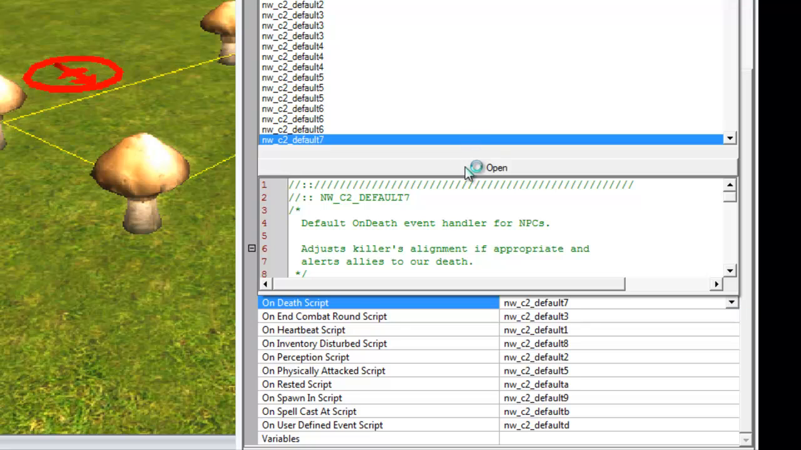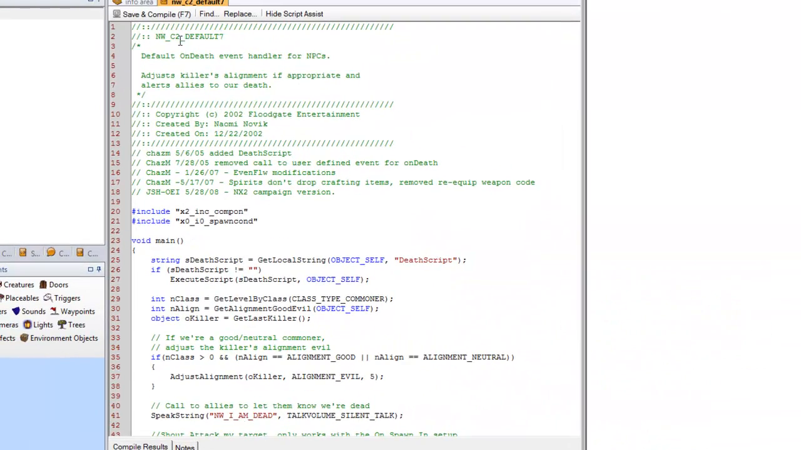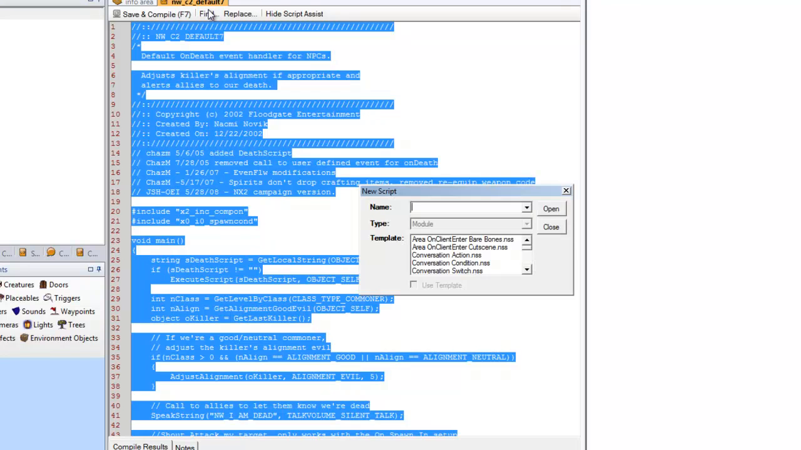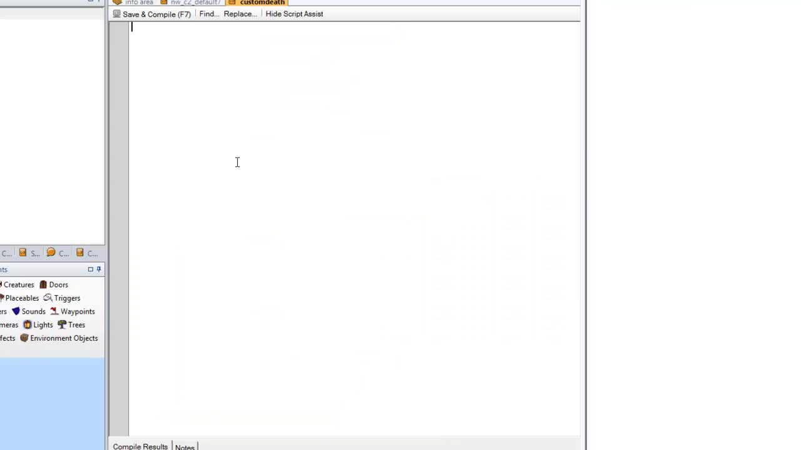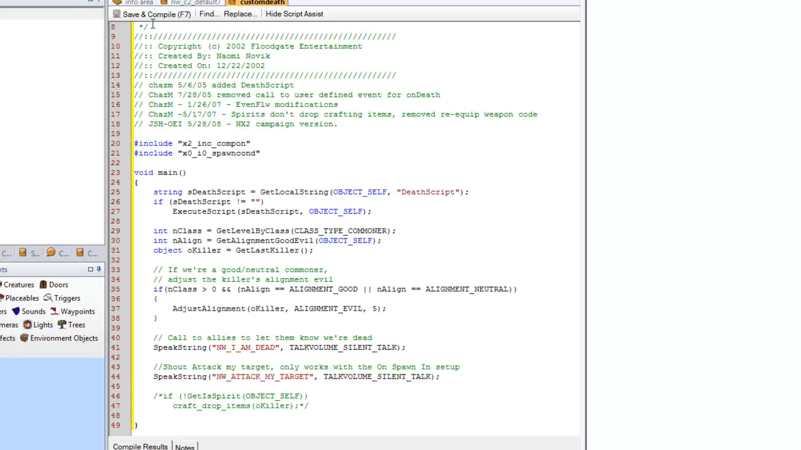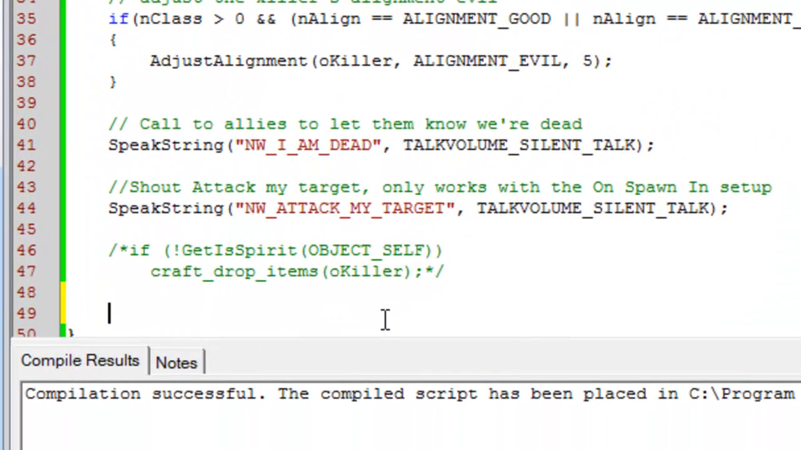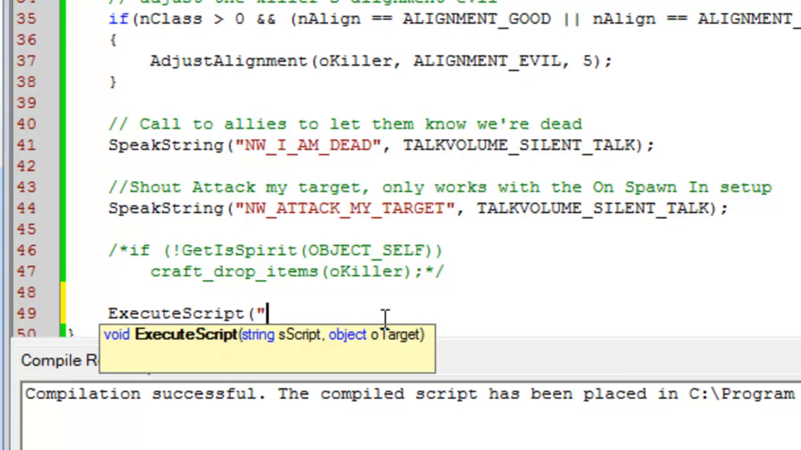So we're just going to create a copy of the default one because we're not using any other AI, and we don't really want to modify our built-in scripts. We'll call this custom death. As you can see, I'm copying and pasting everything from the original into this custom one, so now we've got an exact copy of the default on death AI. All I'm going to do is make a slight modification to this. Execute script